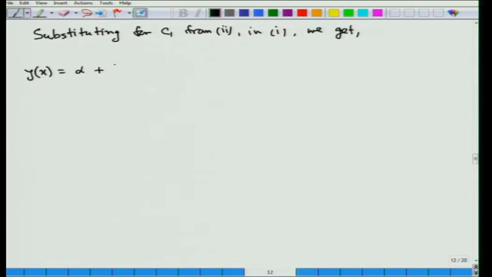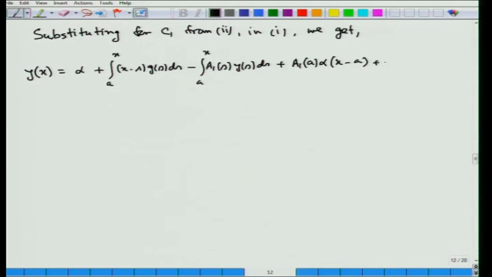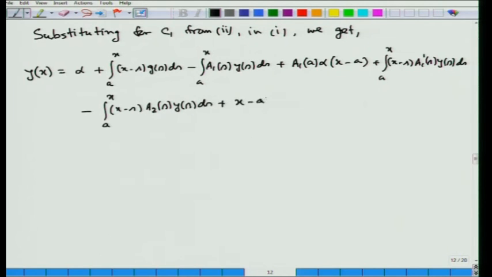Writing these terms, this will be integral a to x, x minus s, g s ds, then minus integral a to x, a 1 s, y s ds, plus a 1 a alpha times x minus a, plus integral a to x, x minus s, a 1 dashed s, y s ds, minus integral a to x, x minus s, a 2 s, y s ds, plus x minus a multiplied with